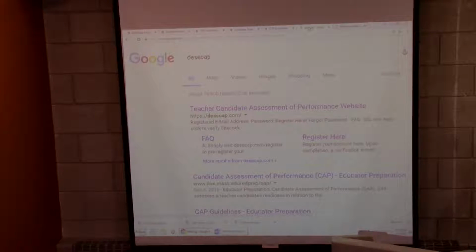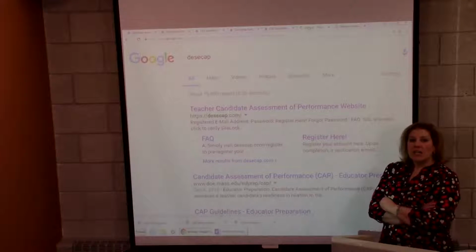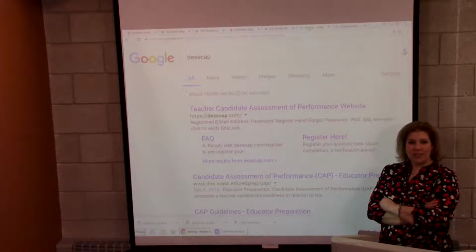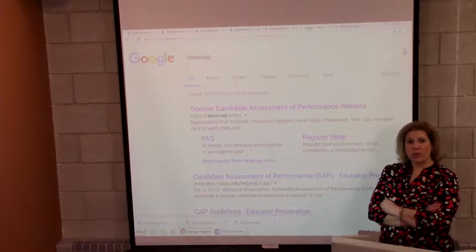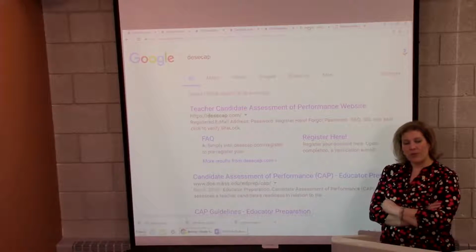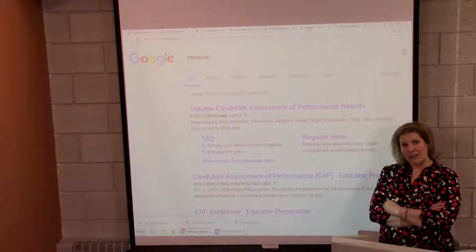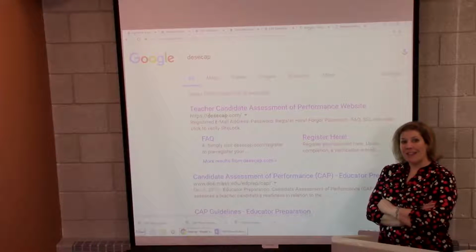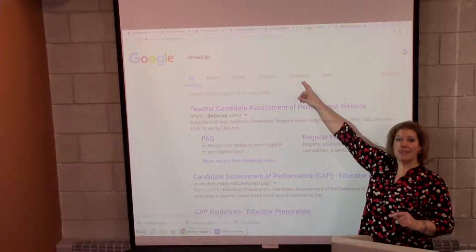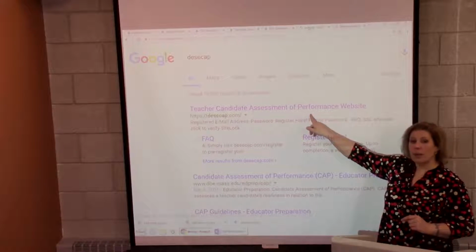And welcome back to the training on the CAP protocol for Bridgewater State University. We're going to be doing deeper dives into the different elements of the DESECAP web portal, which is where you'll be working with the supervising practitioner and the teacher candidate to do the digital website of all of the CAP process. To remind you, to get back to this website, I want you to Google DESECAP, D-E-S-E-C-A-P, and you're going to select the first option that comes up,